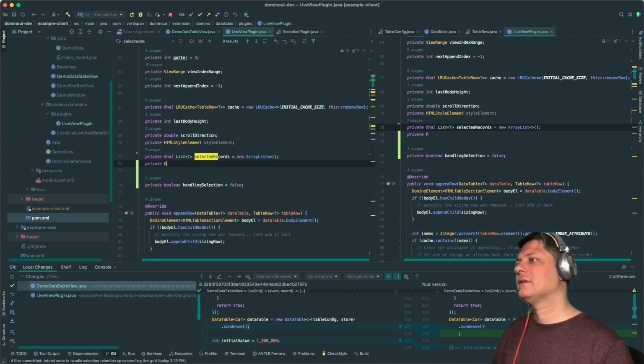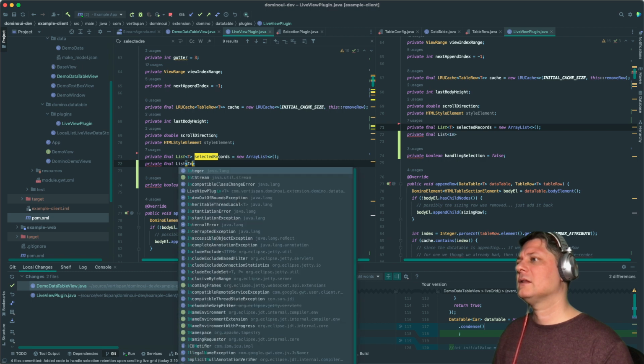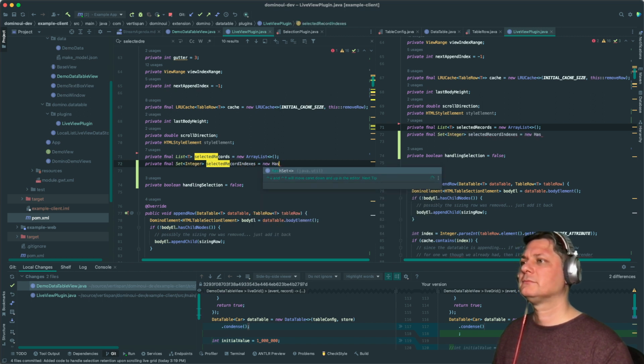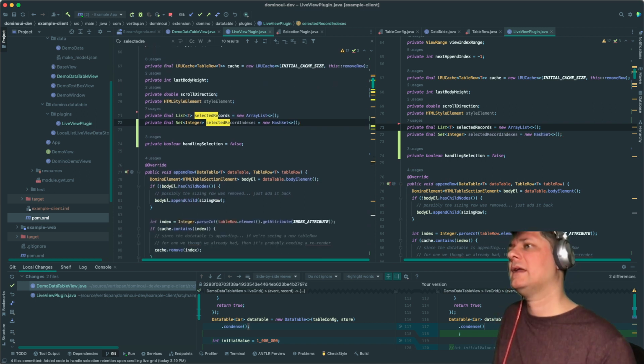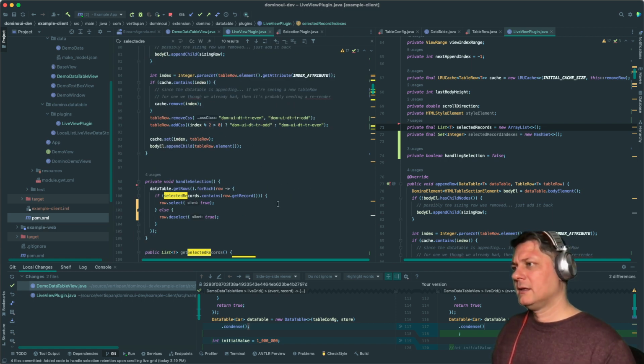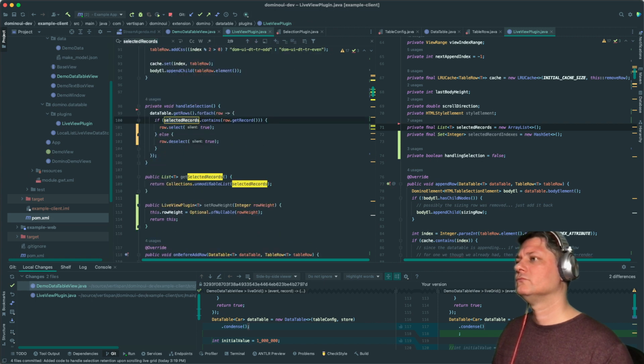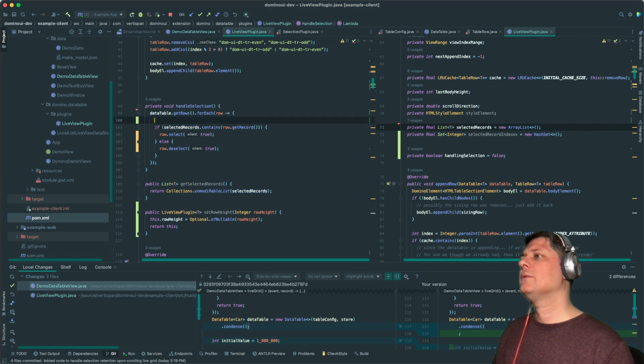So this isn't that anymore. It's a set of integer now: selected record indexes. I'm just going to write this in parallel to what we have already. All right, how would we do this one? So for each row,